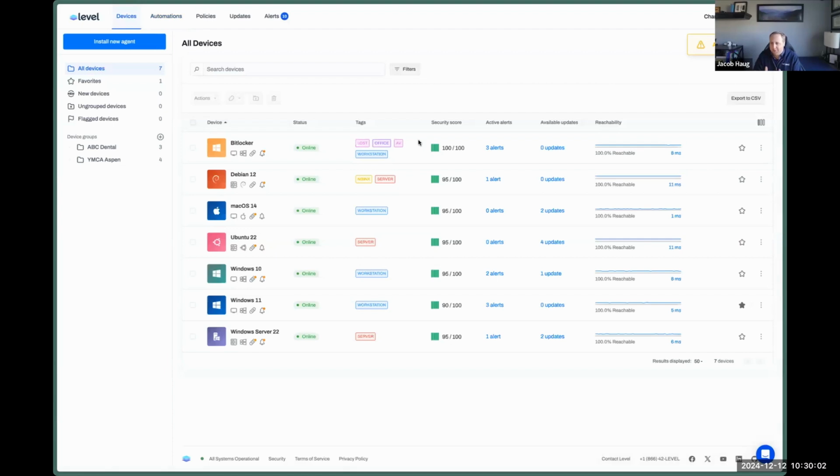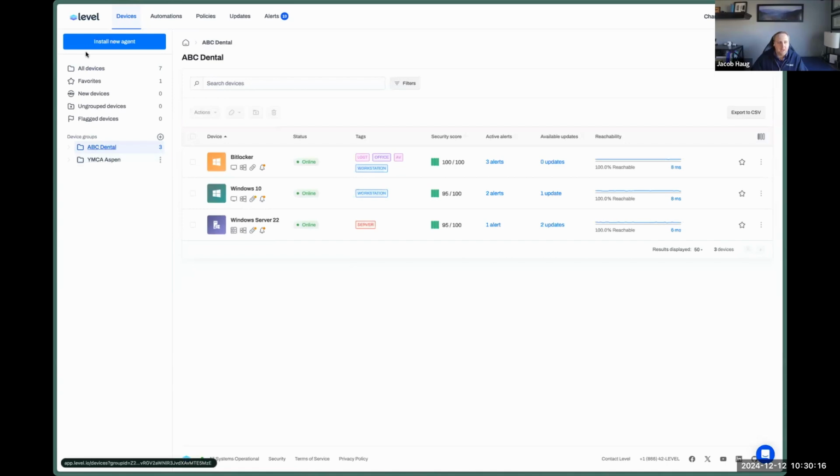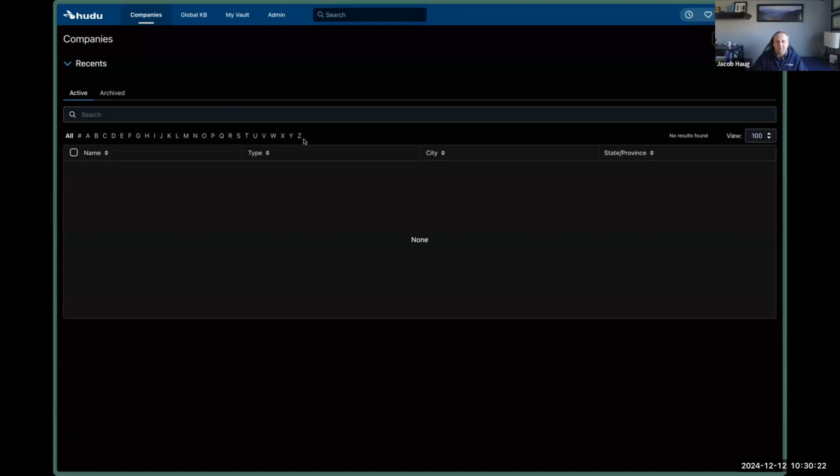Now let me dive into how you can use Level with Hudu to automate a lot of your documentation practices. So right now I have these two device groups, ABC Dental and YMCA Aspen. And with each of these, we have some endpoints associated with them. If we jump over to the Hudu side, I have a fresh Hudu account here, no companies created. If we go to our admin view here,